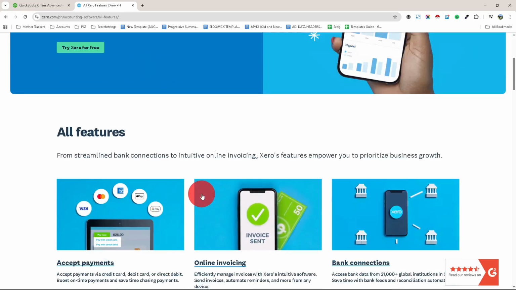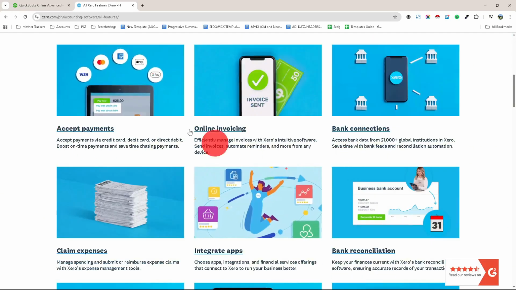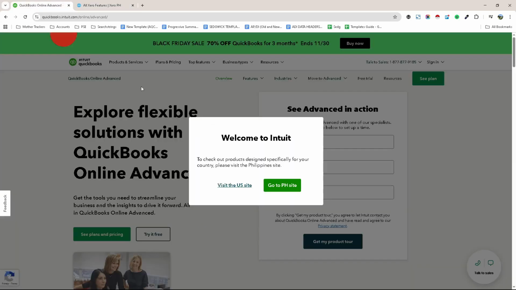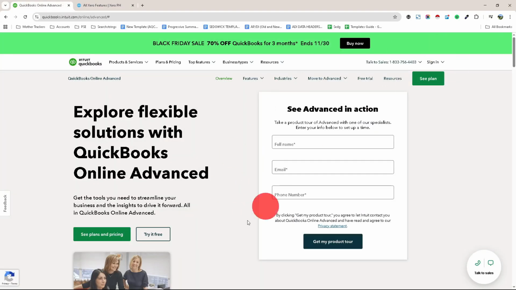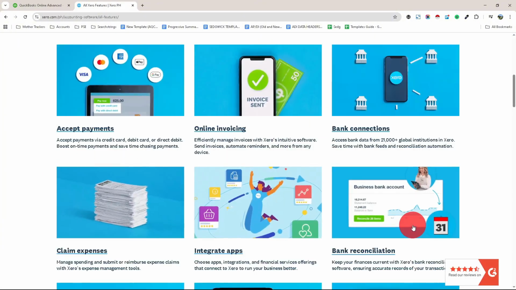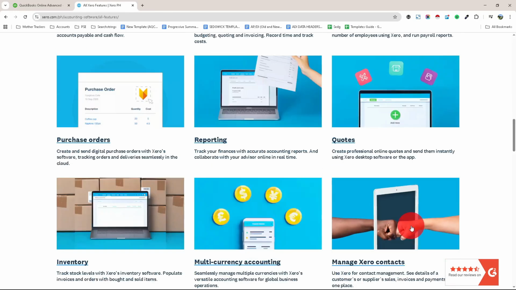QuickBooks Advanced is built for scaling teams, sync automated workflows, custom user permissions, and powerful reporting through Smart Reporting by Fathom. It's the tool that feels like it grows with your business, even if the learning curve hits you at first. Xero, on the other hand, is all about simplicity. Cleaner interface, unlimited users, easier navigation, and if you hate cluttered dashboards, well, Xero is the refreshing switch you didn't